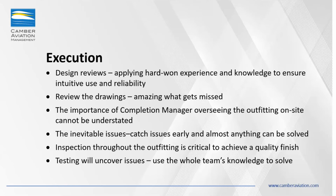We've had a very recent example of a gentleman who ordered an aircraft. He did not have a completion manager on site throughout the whole program. In fact, didn't even have one. And we found out that by the end of the program, what the client had actually been expecting and what the completion center delivered were two totally different things. And unfortunately, it ended up in a bit of an argument and difficulties between both parties. That's something you don't want to have. So what we want to do is be on site, make sure that we're checking that everything is being done. There are no surprises. The completion is done on time, the aircraft is certified, and that we're able to put